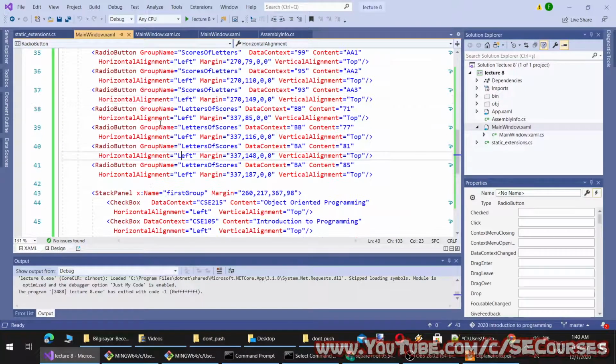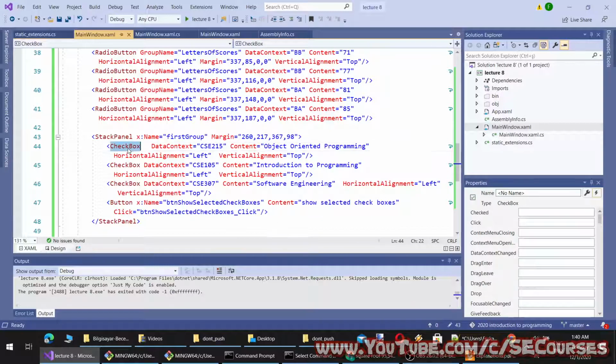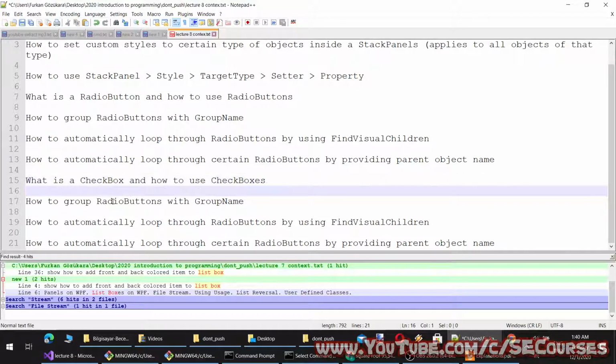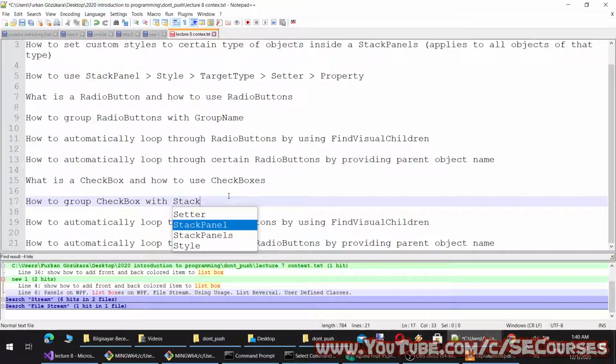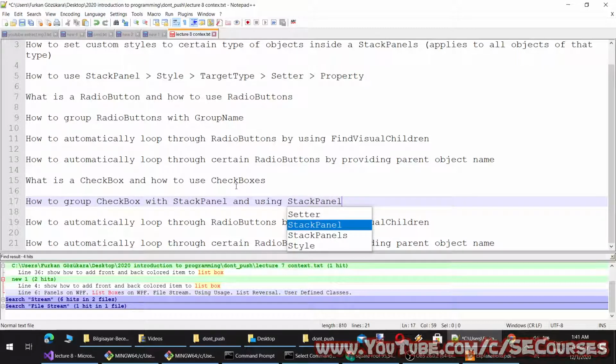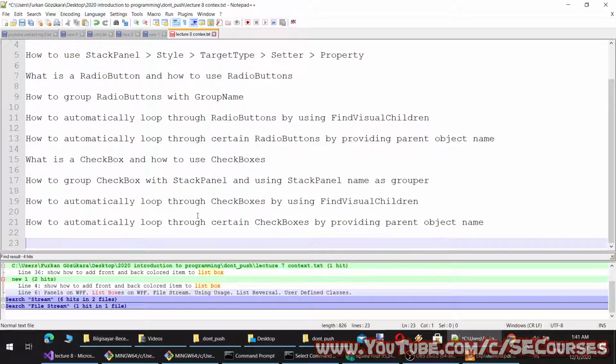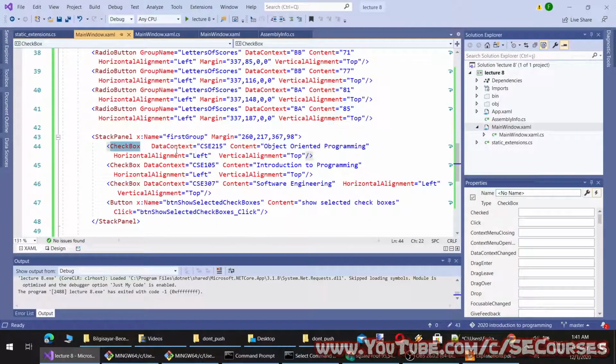What else did we see? We have seen how to use checkbox. Okay, and using data context.